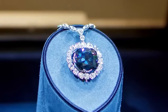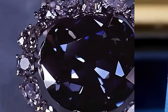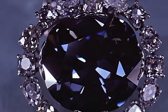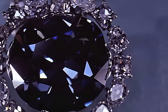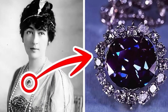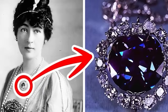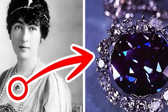The curse is said to have come about when the original diamond was stolen from the eye of a statue. The thief met a grisly end, kick-starting a pattern of misfortune for all those who possessed the diamond. Over the years, owners of the Hope Diamond have befallen fates including death by murder, execution, they've taken their own lives, bankruptcy, and imprisonment. Thankfully, the curse seems to have been lifted when the diamond was donated to the Smithsonian